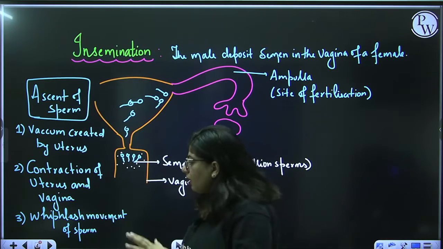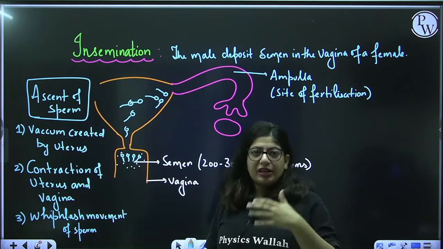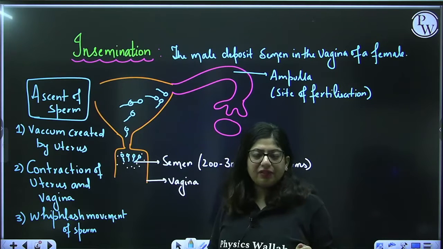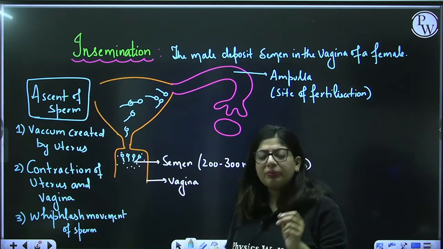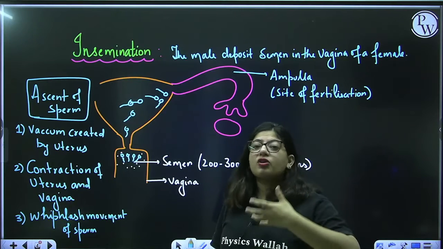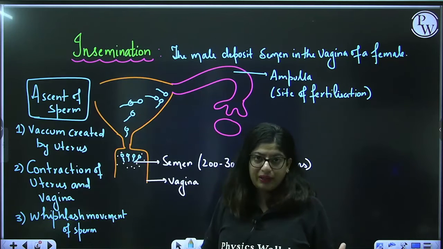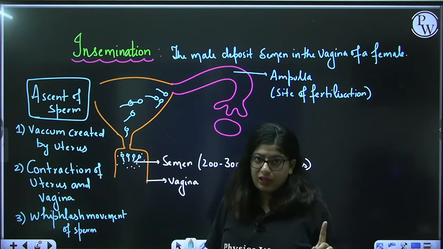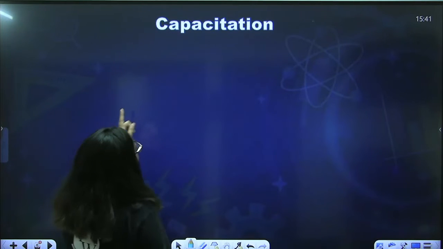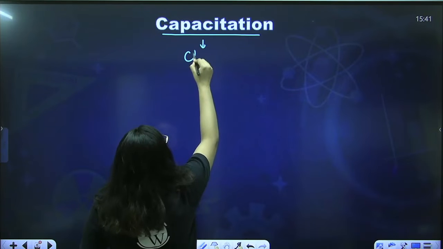right? When a sperm is in the male's reproductive tract, sperm is literally inactive. But when it reaches the female reproductive tract, sperm need to get activated. Because if sperm will not be activated, it will not show the whiplash movement, right? So that activation of the sperm is known as capacitation. So capacitation are the changes